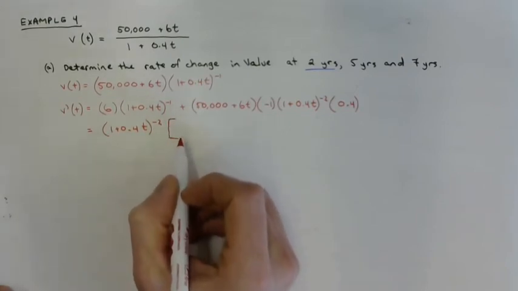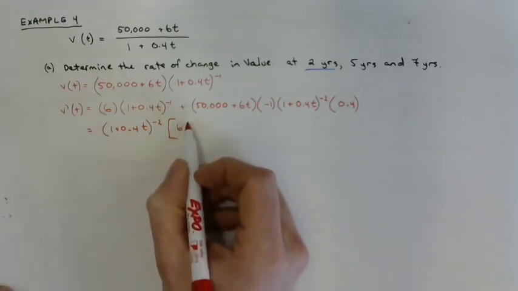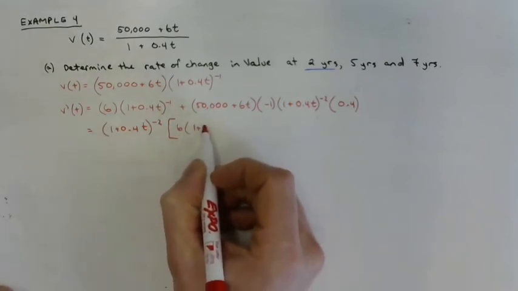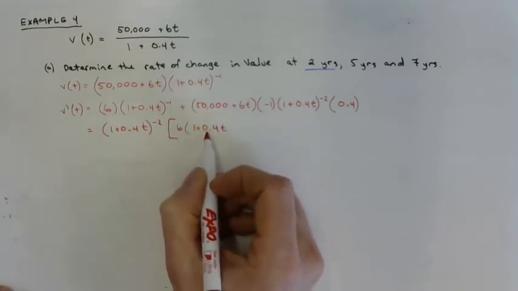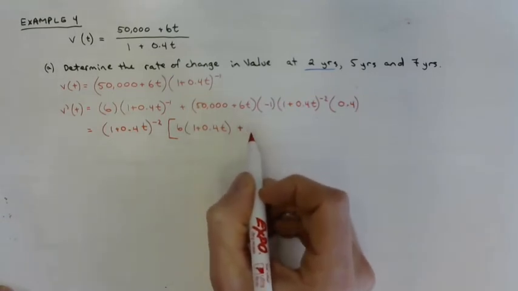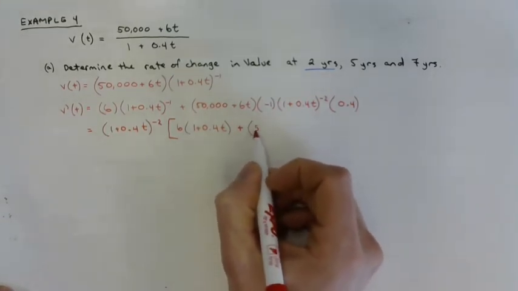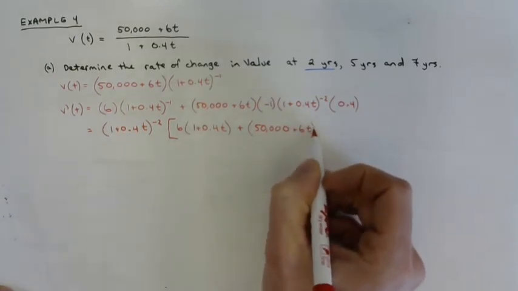What's that going to leave us with? The first term is going to leave us with 6 times 1 plus 0.4t to the power of 1, plus whatever's left in the second piece, 50,000 plus 6t, close bracket,